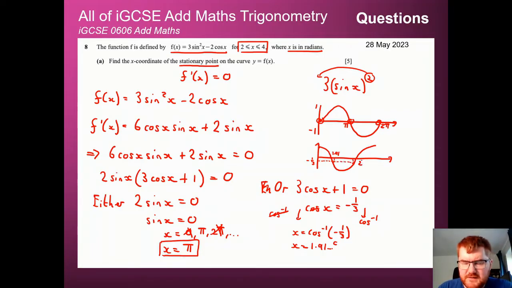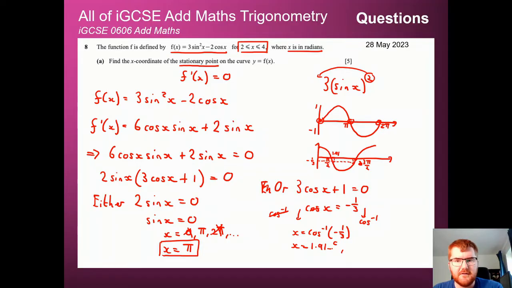Remember, this value here is equal to 3 pi over 2. You need to know these graphs really, really well. And then this value here is pi over 2. So in order to work out whether the other solution is within our domain of 2 and 4, we take this answer, we're going to minus pi over 2 from it,